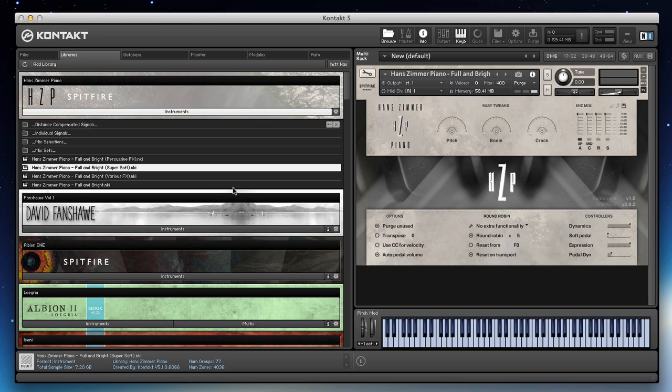We came up with a couple of different options, human options, where I did a couple of passes myself. We had an incredible pianist, Simon Chamberlain, come in and do a couple of passes for really super soft stuff, and then Simon and Paul Clarvis did a ton of really amazing effects, which we're going to get into shortly. But this is what we have curated down for our super soft patch,